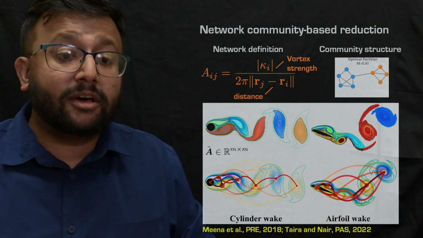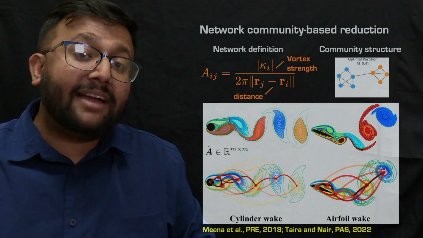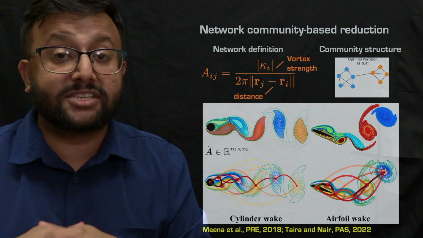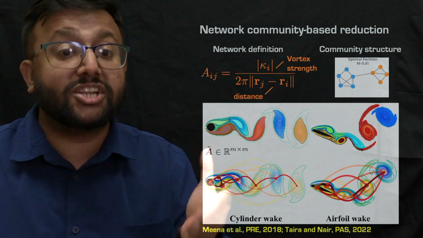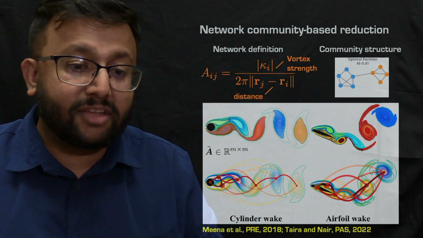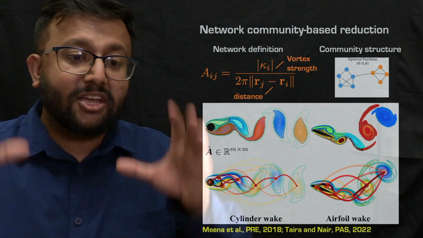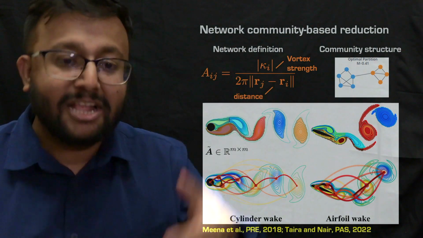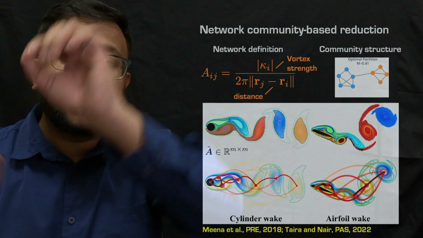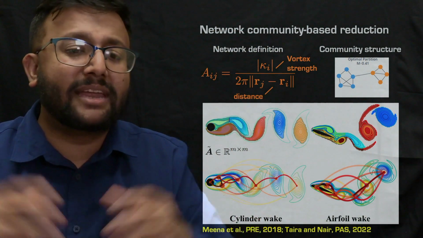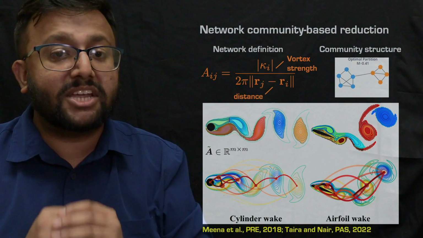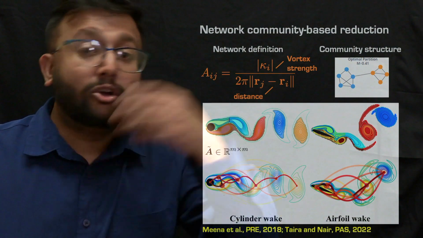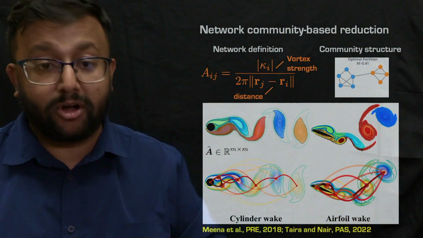Now we can go one step further and we can take each community membership and take the centroid of those community memberships and use them as nodes of the system to create reduced representations of interactions, right? So now you can envision the graph in the bottom, where you have these different nodes in your full high dimensional flow field. So you only have 7 nodes essentially that have these kinds of relationships with each other. So you can get a really nice reduced representational system, and you can use this representation, for example, to predict the lift forces of the body or to predict the deflection of structures of the body.